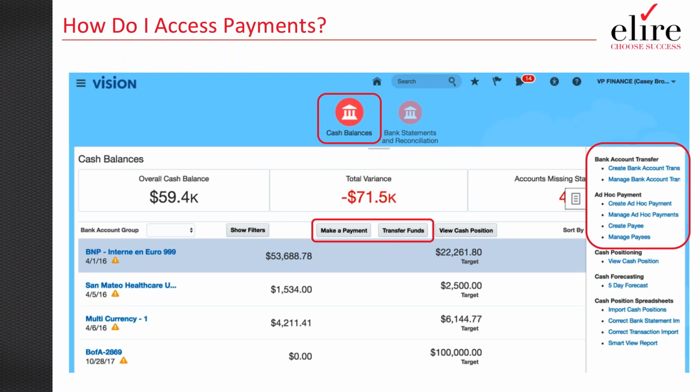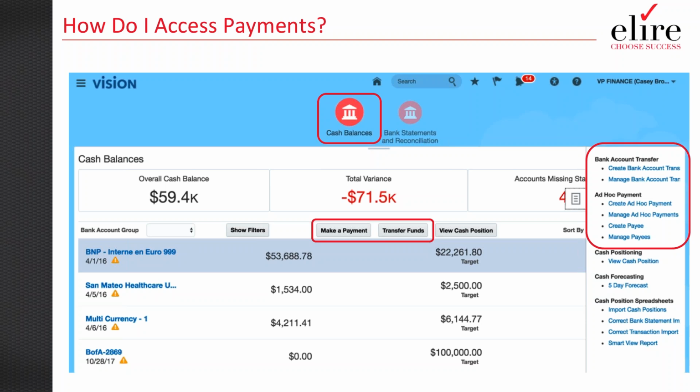And then here is the main landing page for cash balances. Here's where you can see all of your overall account definition, and you can see the balances that are reporting on a daily basis for all of your accounts. You have the ability to do different things like group your accounts, so that maybe you want to group them by business unit or any other specific predefined grouping. Along with that, as you see highlighted in the middle of the page, you have 2 buttons which say make a payment and transfer funds.